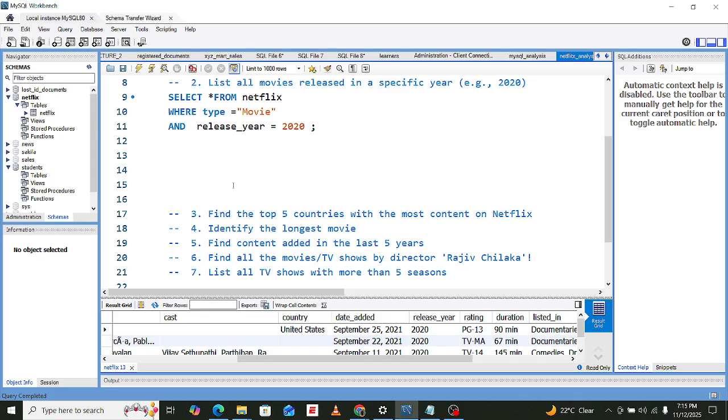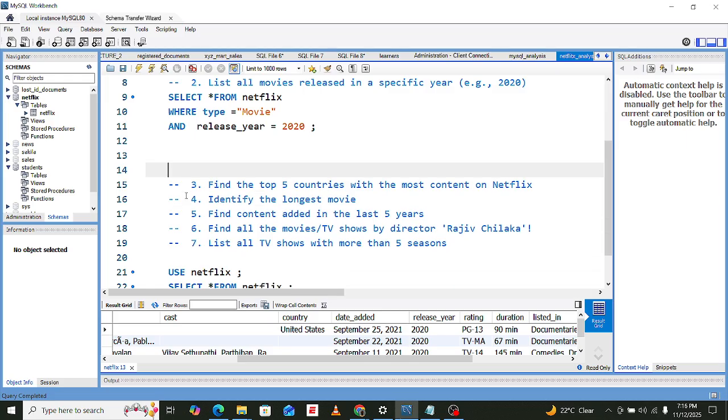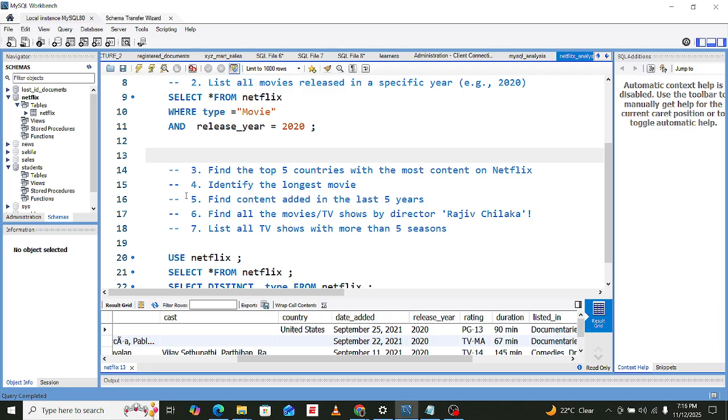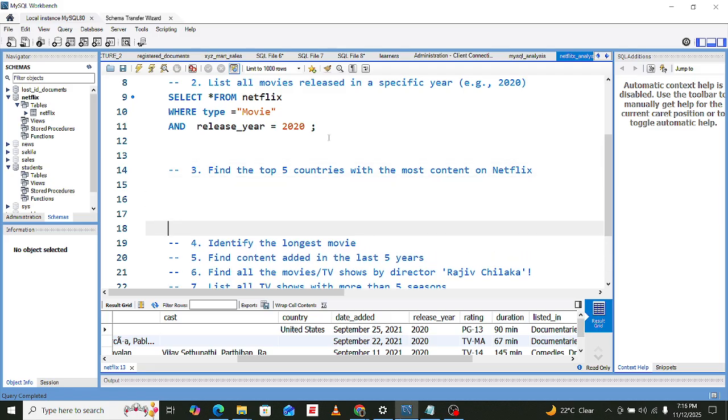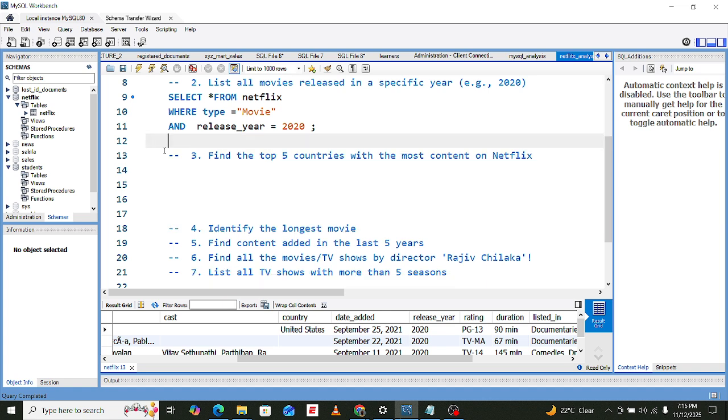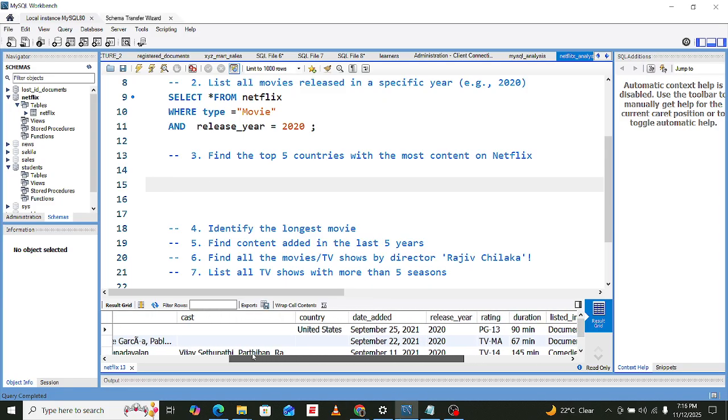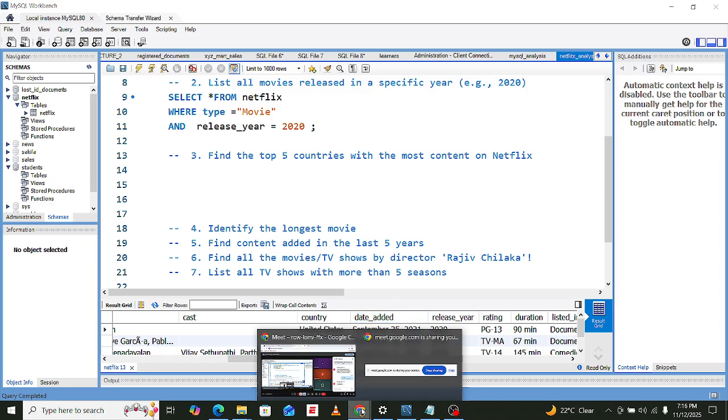So the other business question now is a bit complex. But you can just give me the approach that you are going to use here. Now that we have this data, we are told to find the top 5 countries with the most content on Netflix. How do we solve this?